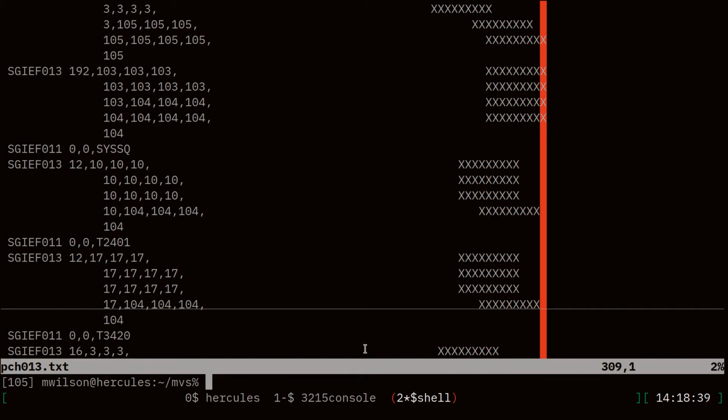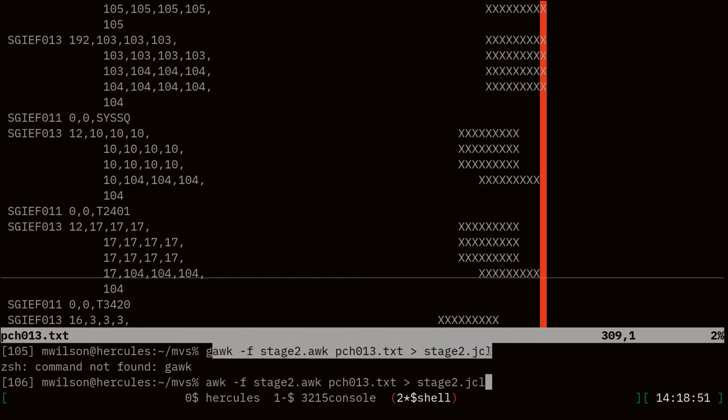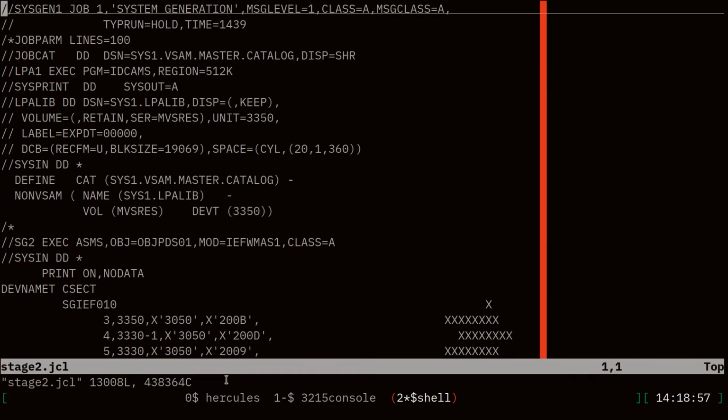And let's go back over to our shell here. I don't know if this is installed as gawk or just plain awk. Yeah, command not found. So we only need the awk portion of it. It's already GNU awk on Debian. Okay, and that's done. Now, if we look at that stage 2 JCL file we just created, you can see,